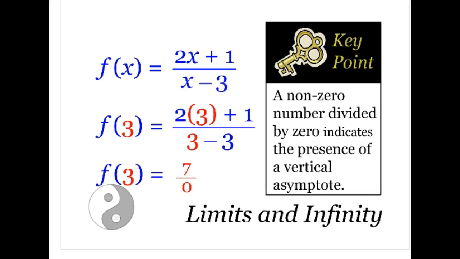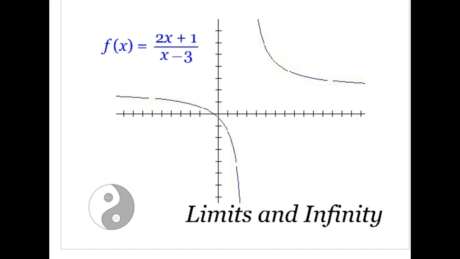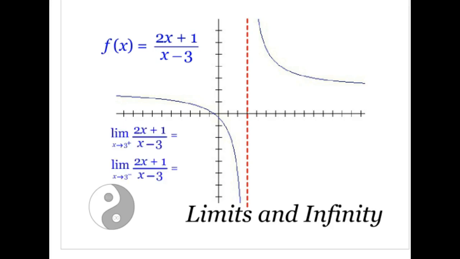In fact, whenever you substitute a number into a function and get a non-zero number divided by 0, it indicates the presence of a vertical asymptote. And this holds true for this function. Let's take a look at the graph of f at x equals 3. Well, remember, an asymptote is a line which a function cannot reach. Here we have an asymptote at x equals 3, because when we plugged 3 into f, we got a constant